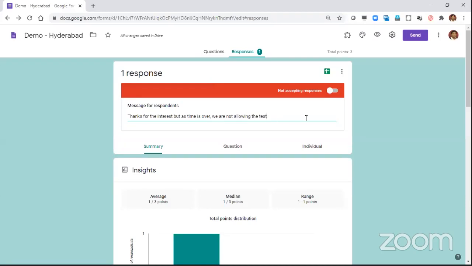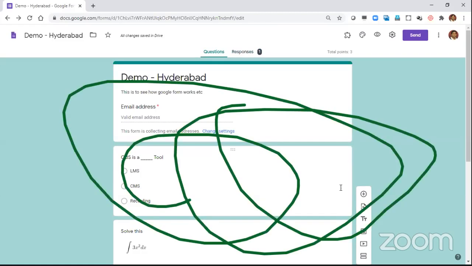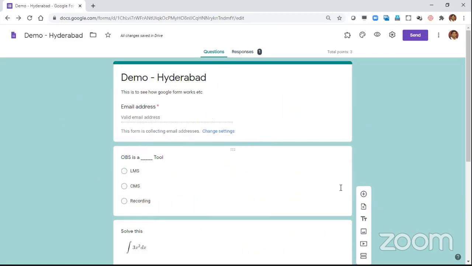So that the candidate, after the due date, if he wants to take it. If you have already activated the form limiter, you did not do this. If you have not activated the form limiter, you can close this and then give them the message. So this is all you can do with Google Forms. You can put sections also. I'm not going into it. So first section generally, people will ask to take the email ID and then name, and then kindly do not annotate on the screen. Second section, you can give all the questions.